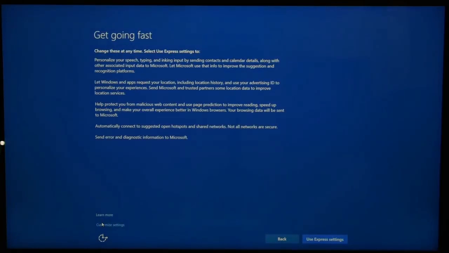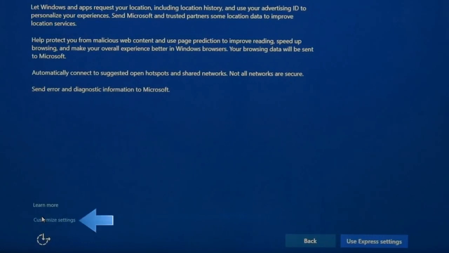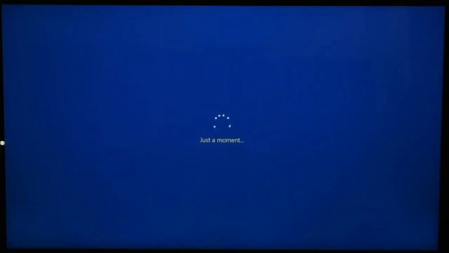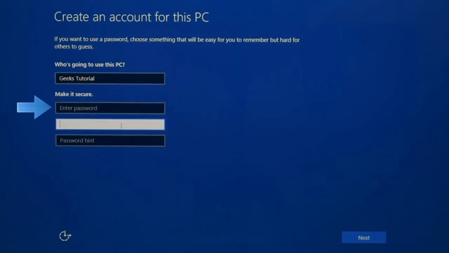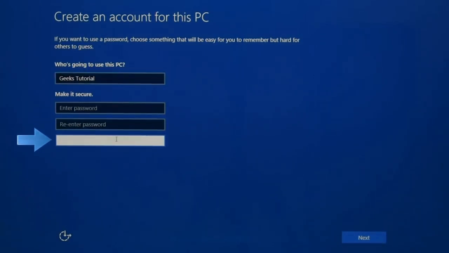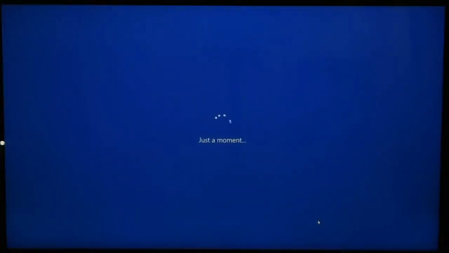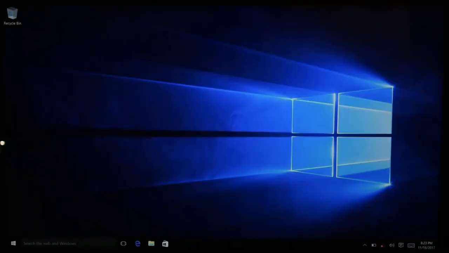Now we will get to this window, which allows you to edit the settings for your Windows. Like you can enable or disable things like speech, typing, inking, location and so on. You can either choose the customize settings option to edit the settings by yourself, or use the recommended settings by choosing the use express settings option. Now after a few seconds it will ask you to create a username for your PC, and if you want you can type in a password as well to protect your PC. Enter a password, type it again, and type a password hint if you want, click next, and that's it. Now after a few minutes of loading screen and some welcome messages, it will start your Windows desktop. So that's